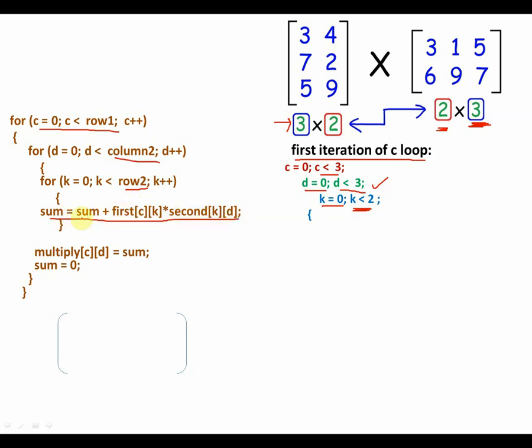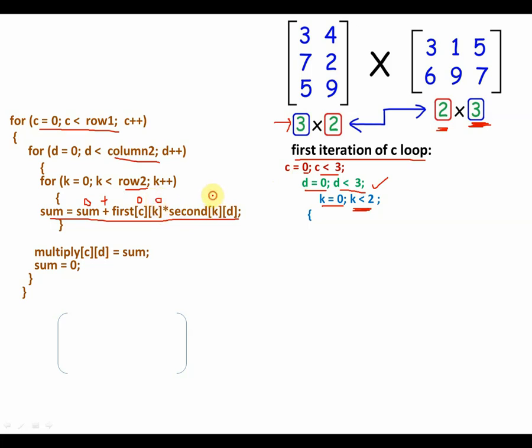What is that? This is the full statement. Basically it will be like this. Initially sum was initialized to 0. So it will be 0 plus first of C, where C will take a value of 0 the first time. Over here you can see C is 0. What is K? K is also 0 the first time.